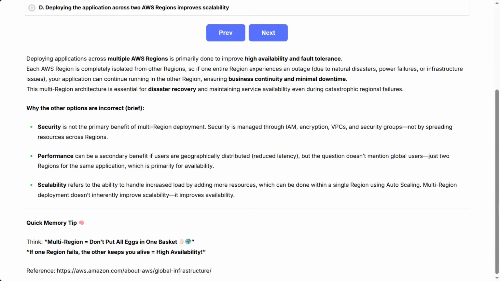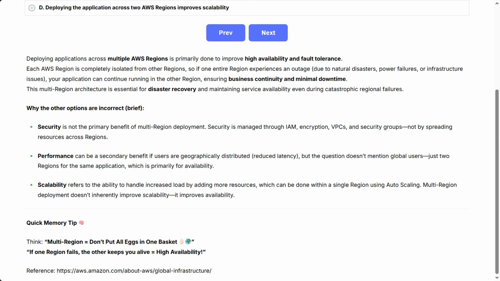Deploying applications across multiple AWS regions is primarily done to improve high availability and fault tolerance. Each AWS region is completely isolated from other regions. So if one entire region experiences an outage due to natural disasters, power failures, or infrastructure issues, your application can continue running in the other region, ensuring business continuity and minimal downtime. This multi-region architecture is essential for disaster recovery and maintaining service availability even during